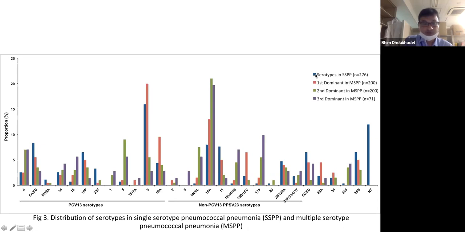These are multiple serotype pneumococcal pneumonia. And the first 13, they are the PCV13 serotypes, so they are in the order of the vaccines. So the first 7 are the PCV7, and then adding to the PCV10, and these 3 more are the PCV13 serotypes. And the others are the additional serotypes which are present in polysaccharide vaccines, so they are non-PCV13 but in polysaccharide vaccines. So what you can see is serotype 3 is really dominant. It's the most common serotype,